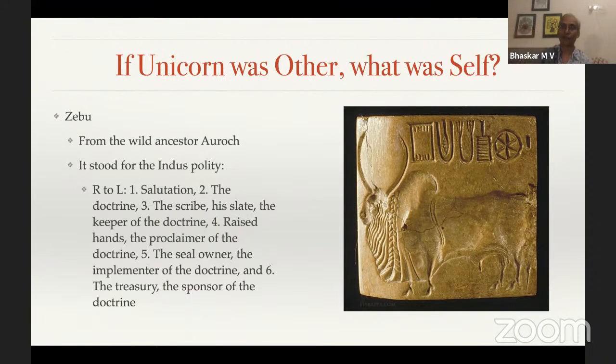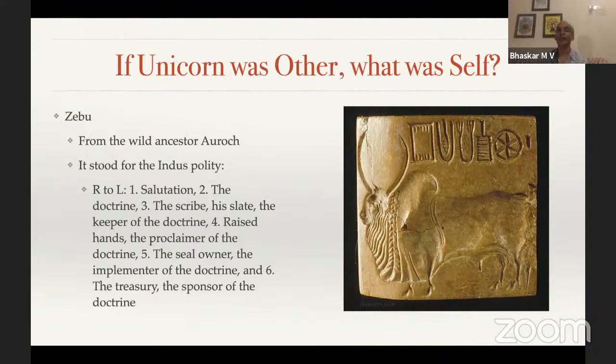So much so that today we call it Dharma Chakra, and so we retain that value. It had the same value even then, but a different phonetic value completely. But it has probably had the same semantic value. So you have the doctrine, and next to the doctrine, you have the image of the keeper of the doctrine, whose slate we see, whose lines of text we see, and he or she is the scribe that keeps the values of the doctrine. He or she is the record keeper.